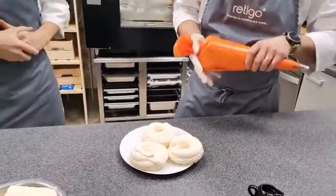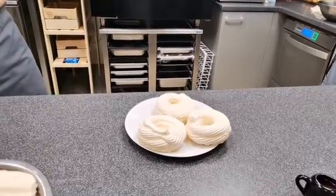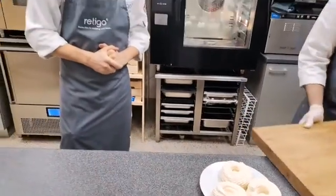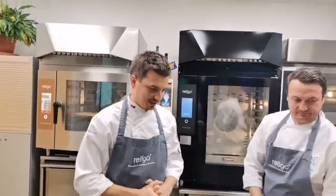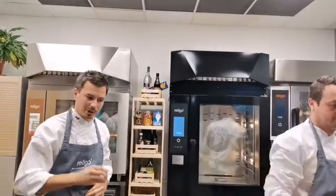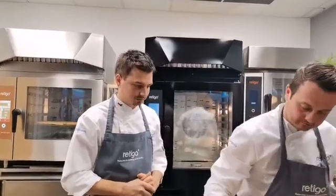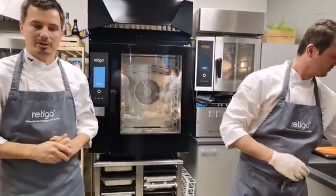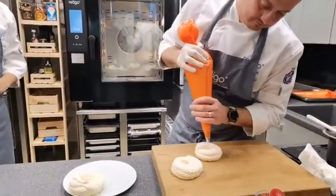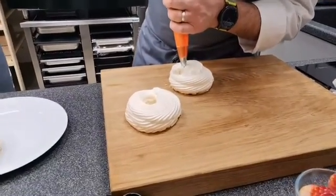Everybody knows. The technology we used: hot air mode, 100 degrees for 1 hour, and the second step was 100 degrees again, surprisingly, for 1 hour again. But the difference was we used a special feature called flat valve, which was dehumidifying the cooking chamber to make sure you have it nice and dry, nice and crispy. So homemade